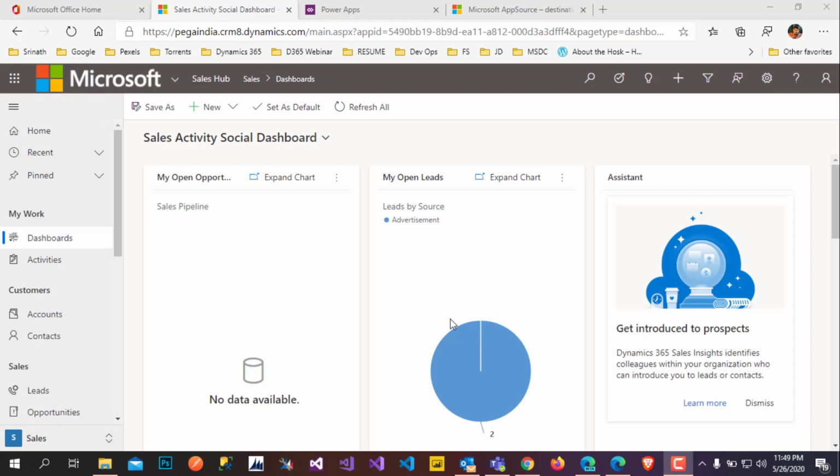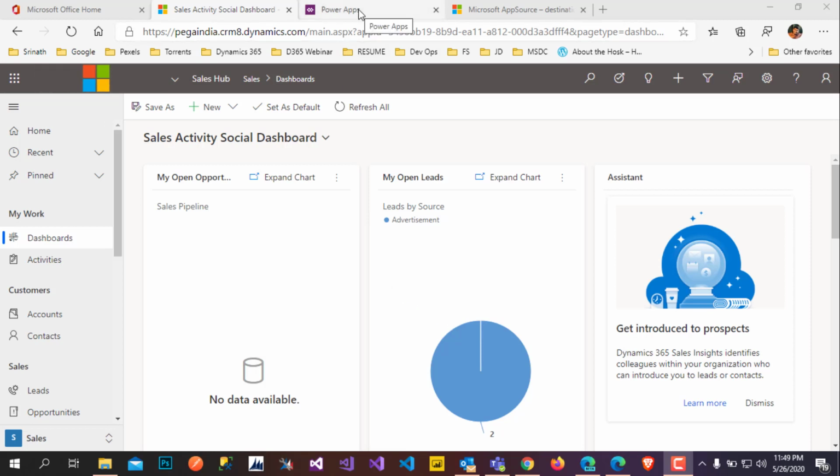Hello everyone, I will teach you how to configure Microsoft Excel with Dynamics 365 with the help of CDS to create, update, and bulk delete records, or whatever CRUD operations in Dynamics CRM with the help of Power Apps. For that we need to have one Power Apps add-in in our Microsoft Excel.